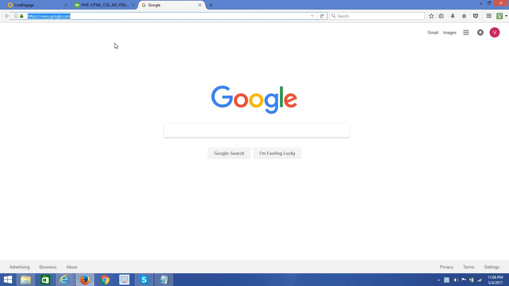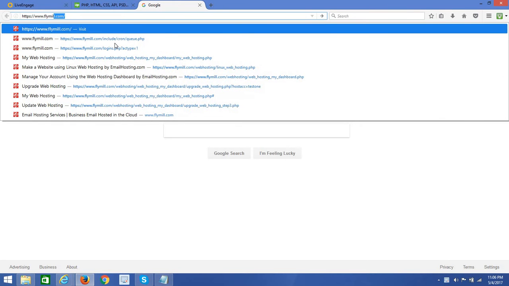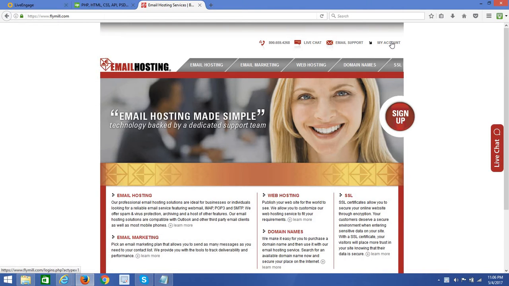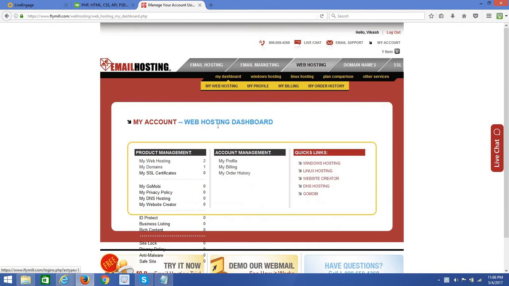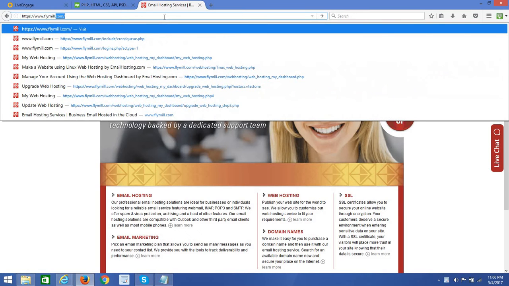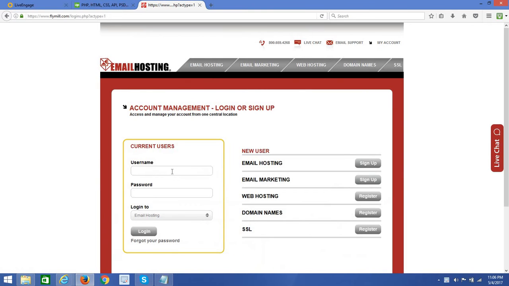Now to start with, we're going to go to https://www.flymail.com, and then we're going to click on my account. And looks like I'm already logged in. Let's start over. We're going to go to https://flymail.com. I'm going to click on my account. I'll provide these credentials,